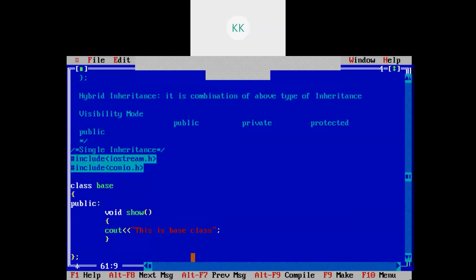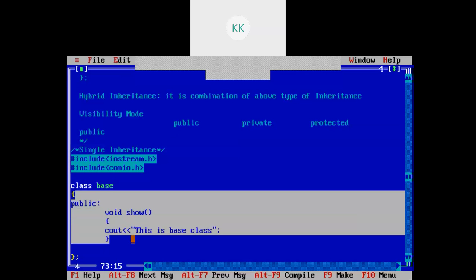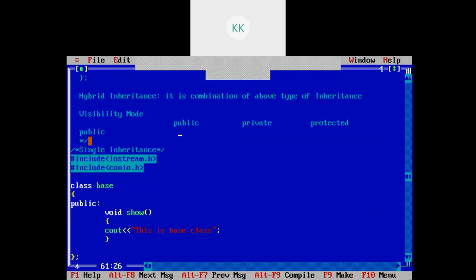Okay, so if a particular data member here in the base class is public, and you are using visibility mode as public, then it will retain as a public member in the derived class, right?